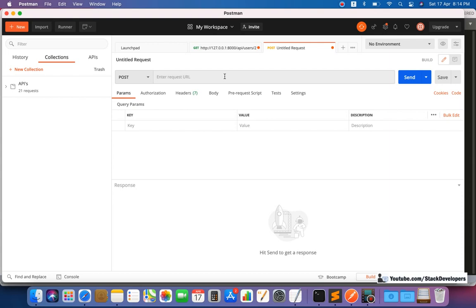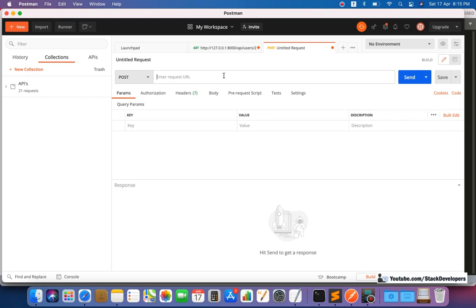So that's why, if you have not installed Postman, then you must install it, because there are many APIs we are going to do. You are going to see a lot of APIs. So do install Postman so that we can test our APIs. We will take the help of Postman to test our APIs.